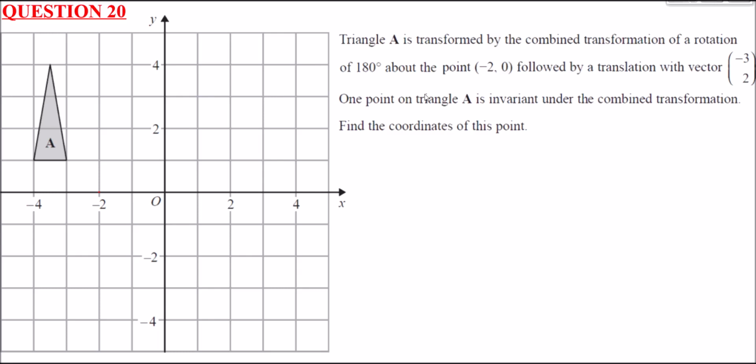The first thing though we need to do is a rotation of 180 degrees. So because we've got a rotation to do, I'm going to suggest that the best idea may be to actually trace out this shape. So if we trace triangle A, like so, then just read the rest of the question carefully. Well, the rotation is going to be about this point -2, 0, which is here. So let's just put this there